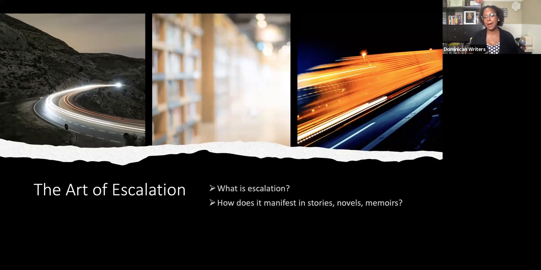So when I think about the art of escalation, I think a lot about what it is in fiction that makes us unable to stop reading. There are things I've read, honestly, very recently. I used to be one of those people who never gave up on a book, even if it was terrible. I would be like, oh, I'm gonna finish this sucker, you know? The fact is that now that I have kids and I'm working and I'm writing and I'm trying to actually make a life as a writer, I don't got time for that. So bad books, bye-bye, you know?